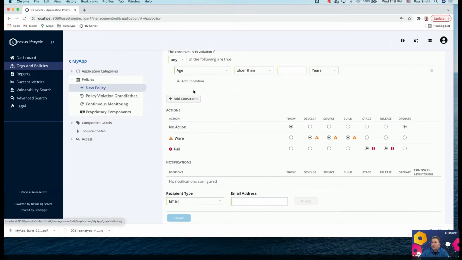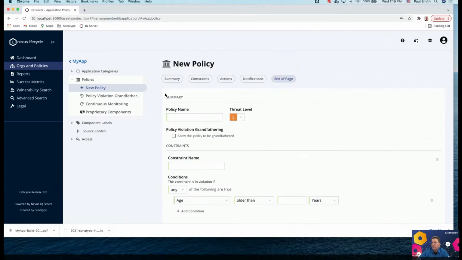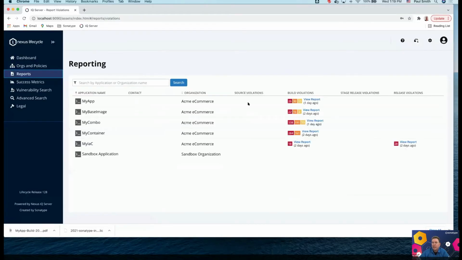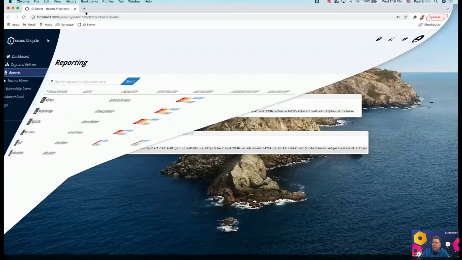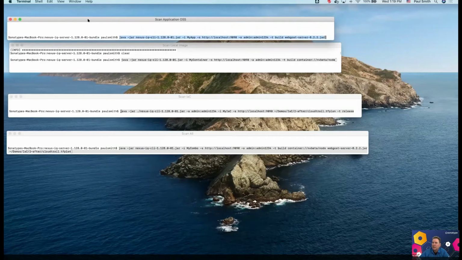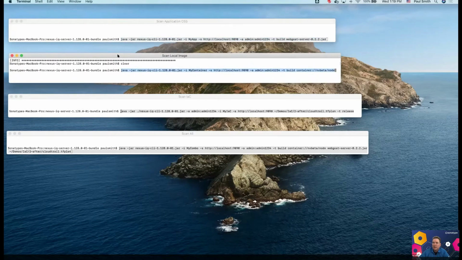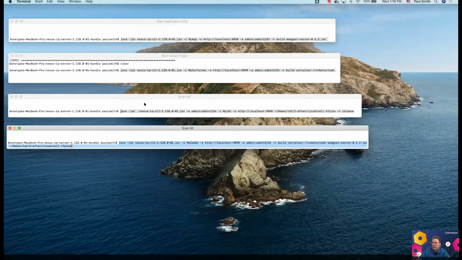So once we've done that, then we actually run our scans, and I'll show you. I've already run the scans. I'll show you how I ran those, and we generate reports. So real quickly, let me just minimize this. It might be a little difficult to read here, but it's just a command line interface. I can script this.